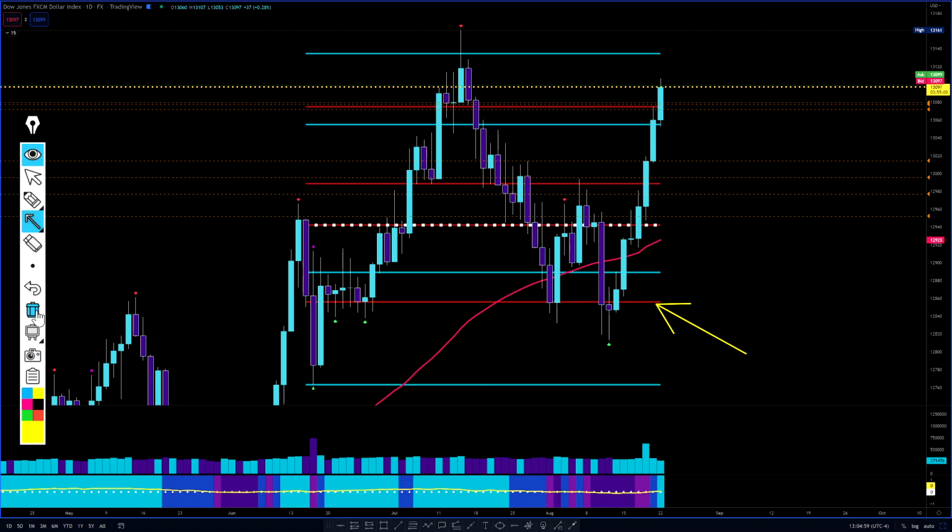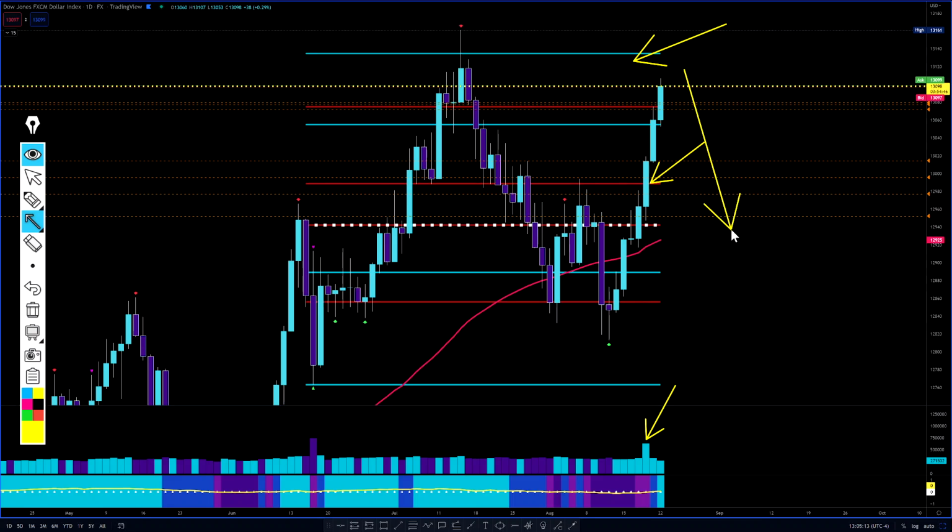But this candle right here, this volume right here, compared to this candle is very anomalous, right? So I'm thinking it's just a pump. We're gonna come back here, around this area, and we're gonna sell off again. We're gonna at least pull back to the volume point of control, this area right here, and if not, back to this support level right here, because